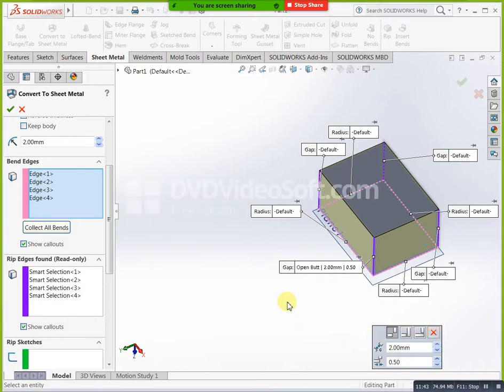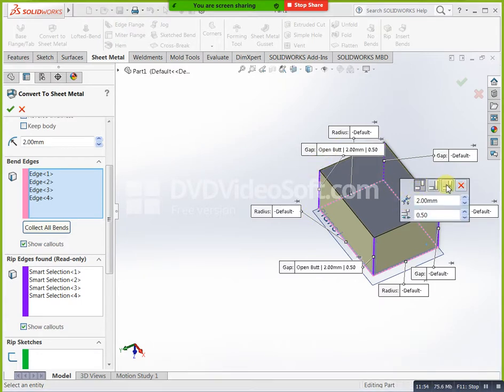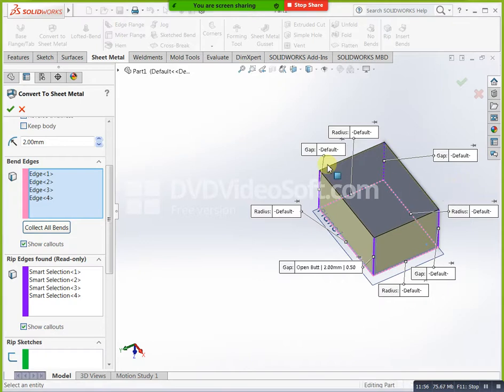This, see, open butt type means you are getting like this. Okay, this is we consider as a open butt type. If you need to change this one, select this one, edit feature. Okay, in this edit feature, here we have, if you need to select directly, you can go with this one also, overlap, underlap.